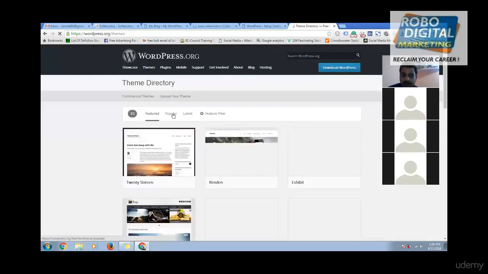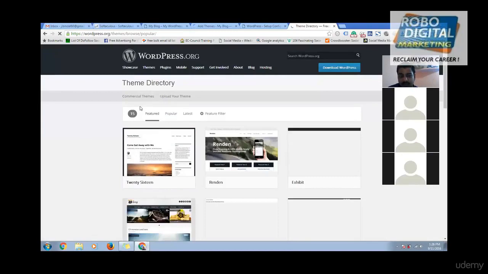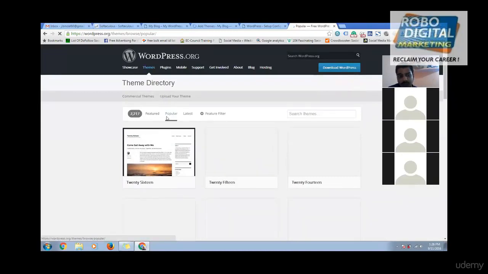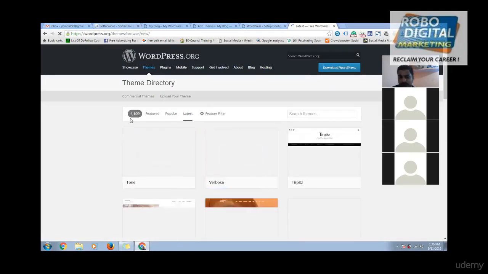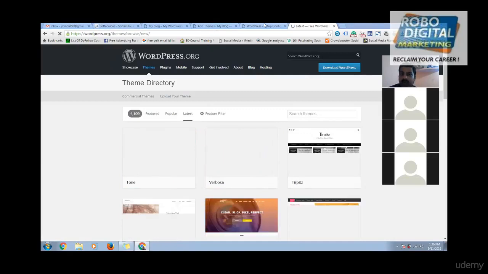In popular you have 2,200, and in latest you have somewhere near 4,000, I suppose. So this is the number of themes you have. This is 4,100. Okay, so you can choose a free theme out of them.